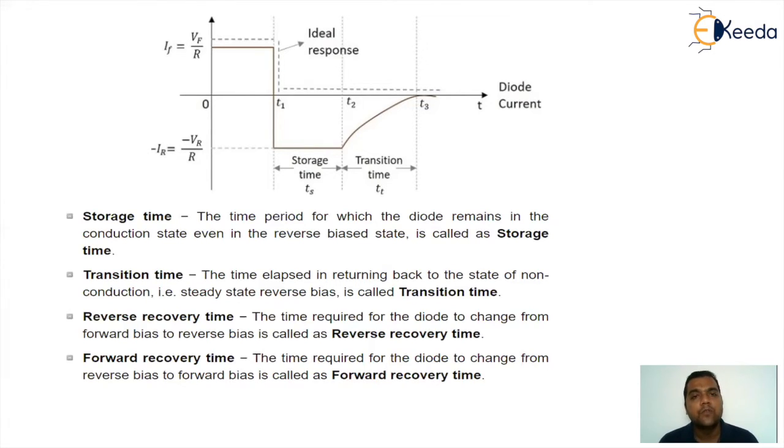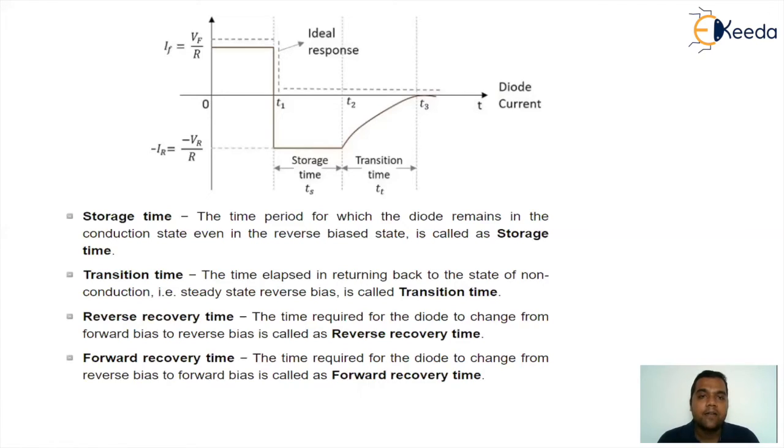As soon as you connect the battery from position 1 to position 2 and immediately make it reverse bias, since the barrier was absent and the flow of charge will now be opposite, you directly get a reverse current which will have a value of minus VR by R, where VR is the reverse voltage applied and VF was the forward voltage applied. So because of this, you got an impact.